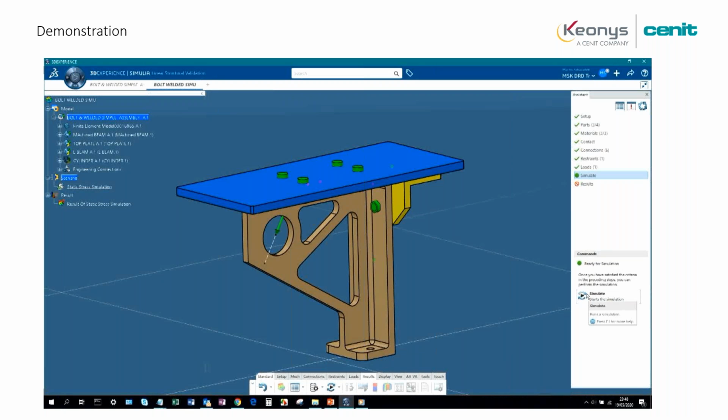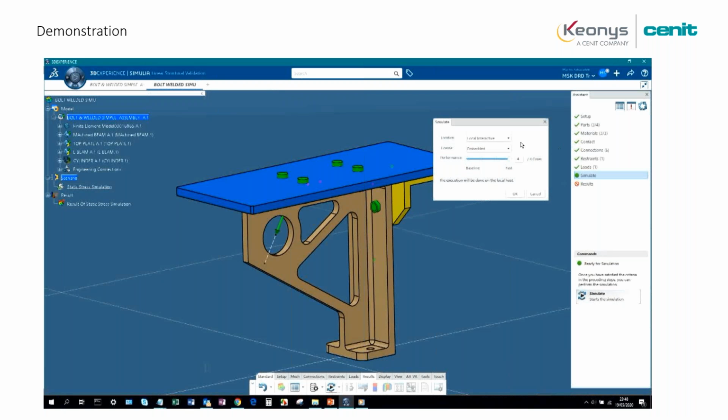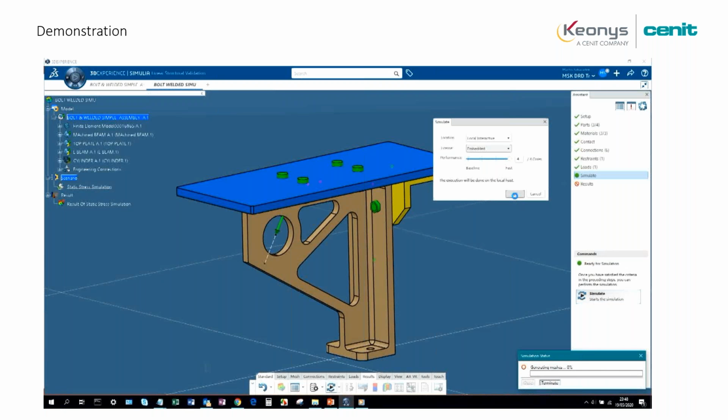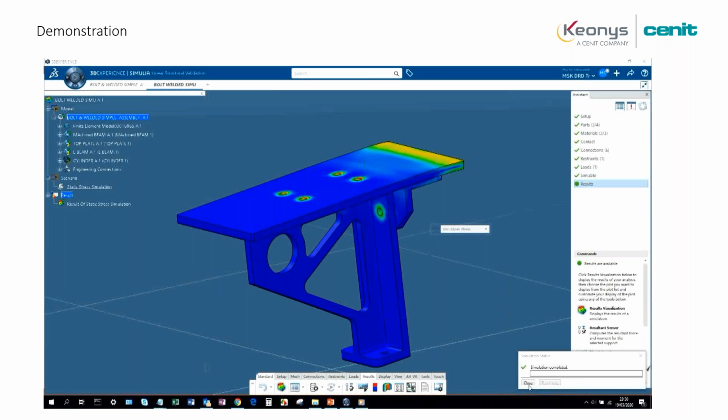You click on simulate, and you can choose for the calculation to be done on your local CPUs, so on your local computer, or using the cloud capabilities. Also, you can select whether to use the tokens included in the license of the simulation tools, or if you want additional tokens or credits afterwards. Here you select a performance of 4 cores. It means that you will use 4 CPUs for the calculations, and it will be done faster.